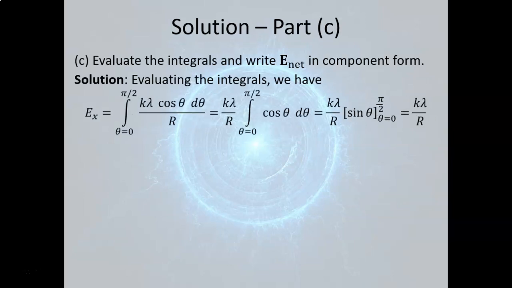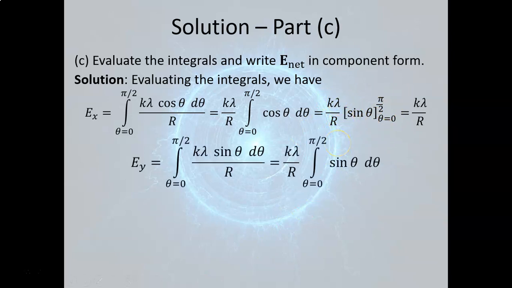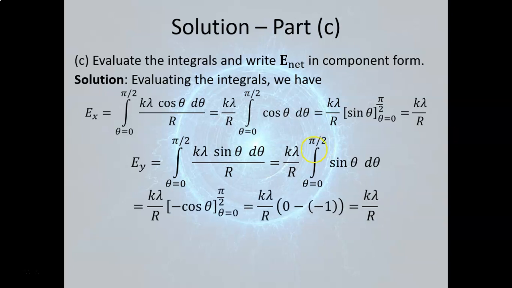So for the x part, well, the integral of cosine theta is sine theta. Plug in pi over 2 and 0, so that part's easy. So we just get k lambda over r. And for the y component, well, the integral of sine theta is negative cosine theta. It's like, oh no, a negative. Well, here's the thing. Cosine of pi over 2 is 0. So then you're going to be doing a negative thing with a minus. So you're going to get a double negative, and those end up canceling. So you have a minus cosine theta. Well, first term is 0, so you're going to have a 0 minus